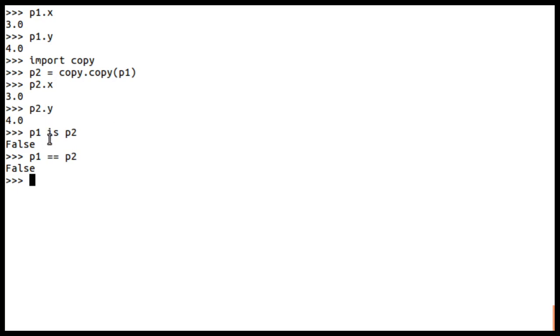Even though P1 and P2 will be checked for equivalence, what kind of equivalence it should see has not been defined in that class. Because of that, it will treat equality as the is operator itself, and so it returns false here.